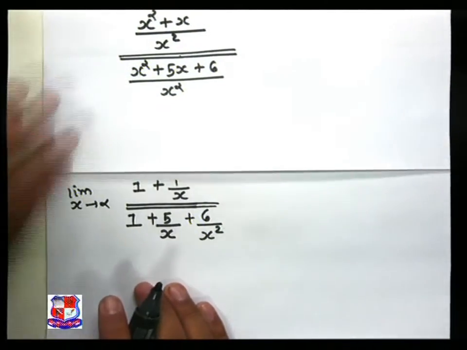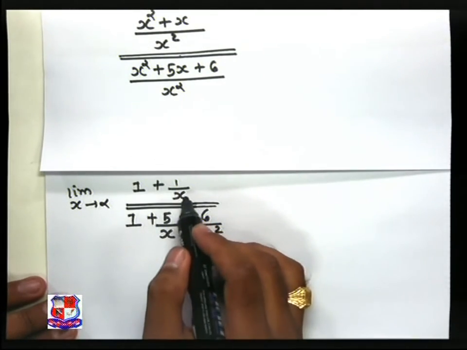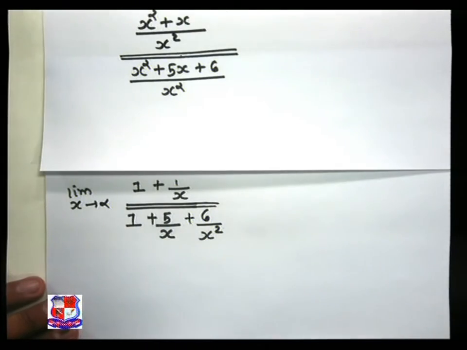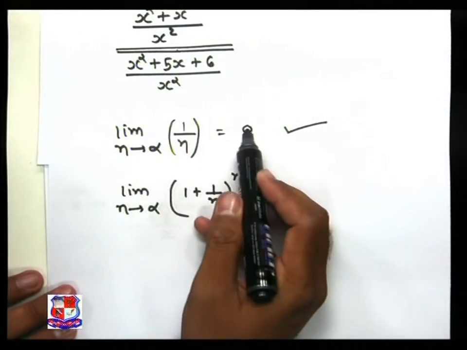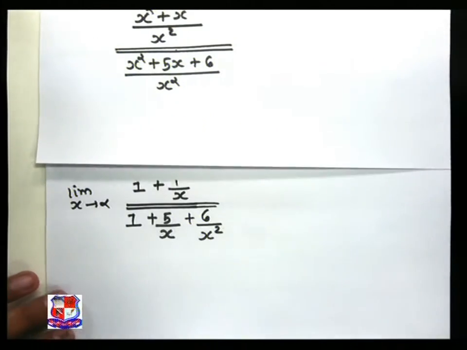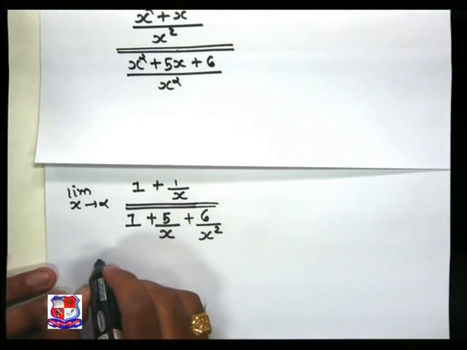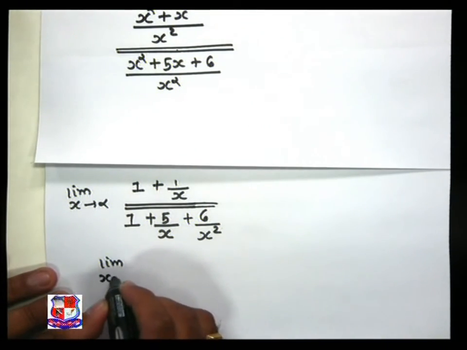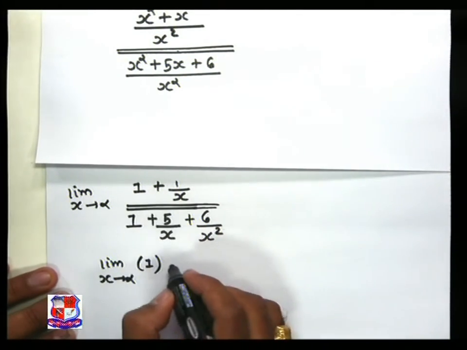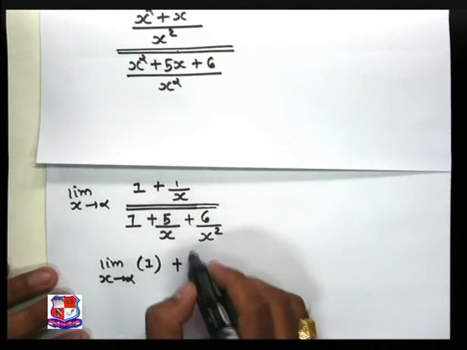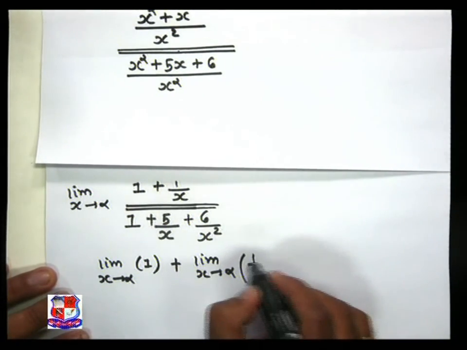Now look here, our sum is converted into 1 upon x form, and x tends to infinity, so if we replace the limit, we can directly put the result 0. So we apply the limit on both sides: limit x tends to infinity applied to 1, plus limit x tends to infinity of 1 upon x